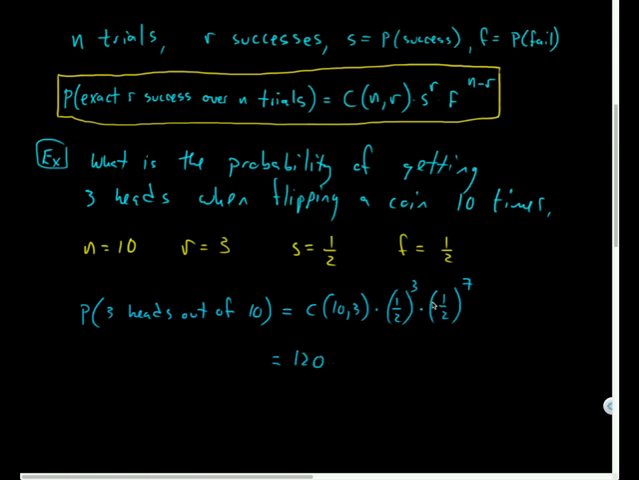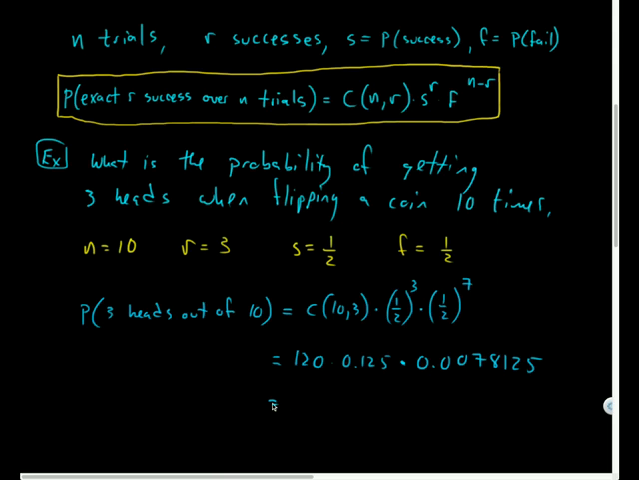1/2 to the third times 1/2 to the seventh is going to end up being 1/2 to the 10th, in this case, because both of these probabilities are the same. But I'll just represent this as 0.125, and 1/2 to the seventh is going to be even tinier, 0.0078125. And if I multiply all of these together,